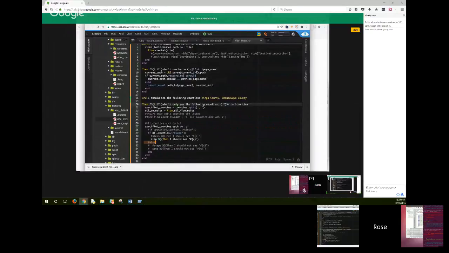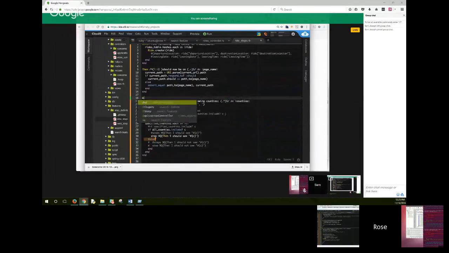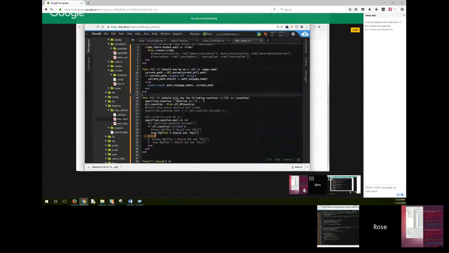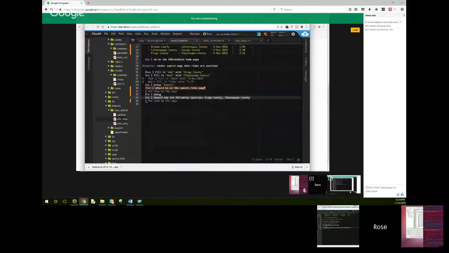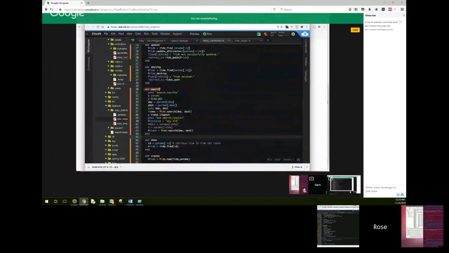Okay, that's an interesting point. I should only see, but I have to do that in the feature as well. I should only see, yeah. And I think I could get that step passing then, although I'm not sure how useful it is. The thing I'm most interested in is